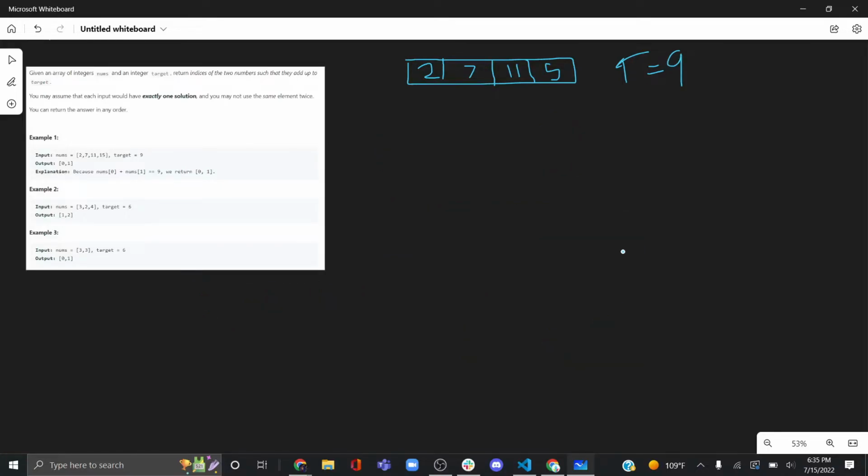Okay, so now that we discussed two solutions that are sort of inefficient, let's talk about the most efficient solution to this problem, which uses a hash map. A hash map is basically just a dictionary. It's got a key and a value, and all we're going to do is this process. We have a pointer, and we start at the 0th index, and we also have a hash map. I'm going to call it HM, and we are going to keep it empty for now. So our hash map is empty initially, and all we're going to do is start a pointer at the 0th